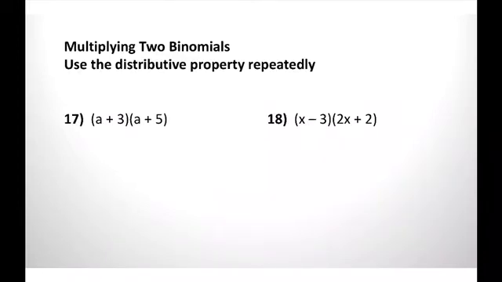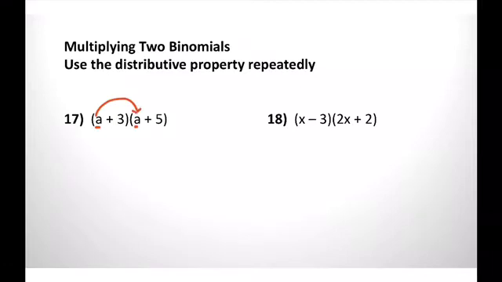Okay, the next one, and this is where it starts to get a little bit harder. We're going to multiply a binomial times a binomial. And so we're going to use the distributive property again and again. Okay, so watch really carefully how I do this. This is going to be a skill that's going to come up for years to come. And you're going to have to do this both this way, and then we're going to learn how to go backwards. So the first thing we're going to do is we're going to take the first term and multiply it